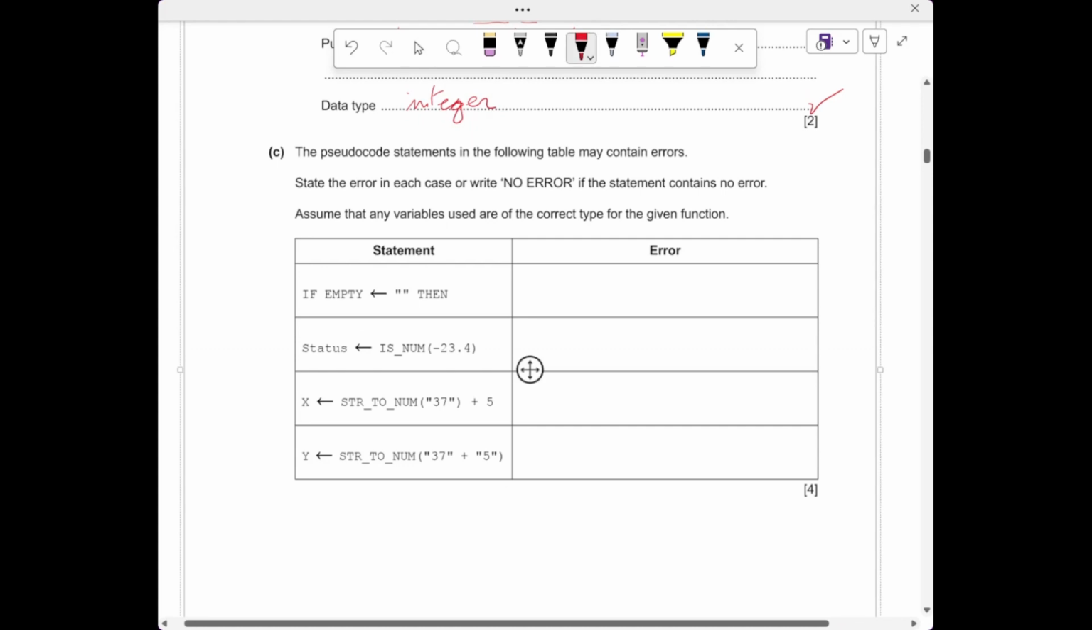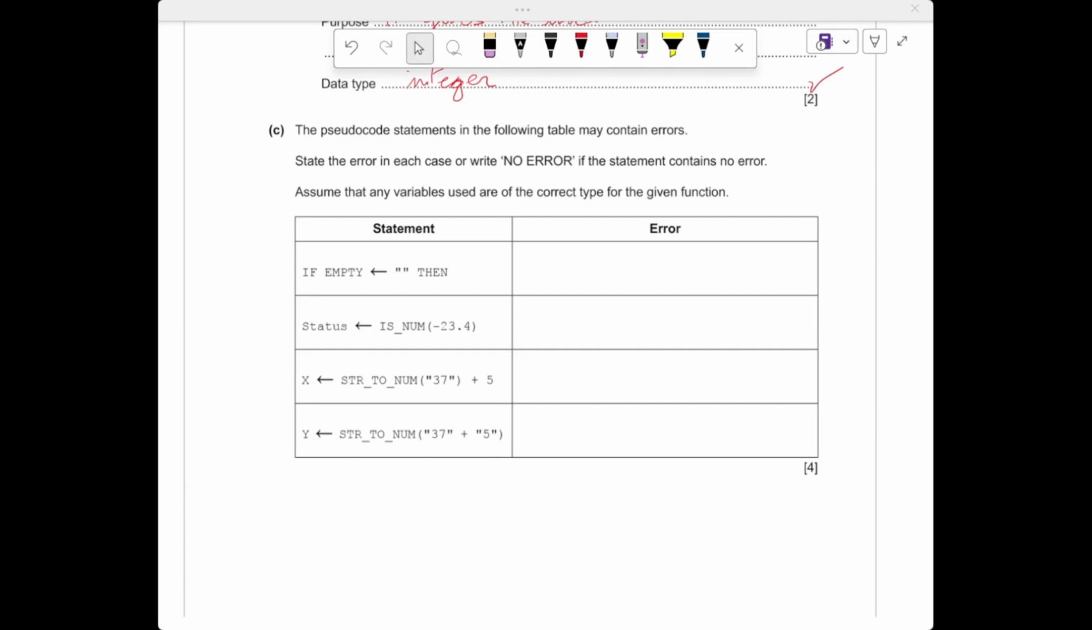Then the pseudocode statements in the following table may contain errors. Okay. State the error in each case, or write no error if the statement contains no error. Assume that any variables used are of the correct type for the given function. Okay, so let's start with the first one. If empty, if nothing is assigned to empty,